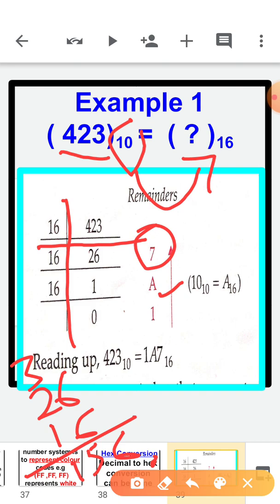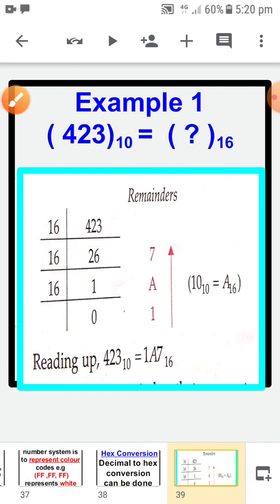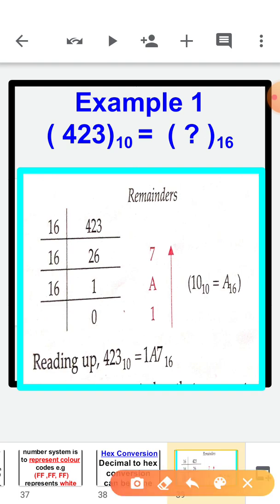So 16 ones are 16. So 26 minus 16, you will get 10 as a remainder. Now 16 can't be divided by 1, so you put 0 here and shift this 1 here. We write from the lower side. So what will be there? 1A7. 1A7 is the hexadecimal form of this 423. Okay,